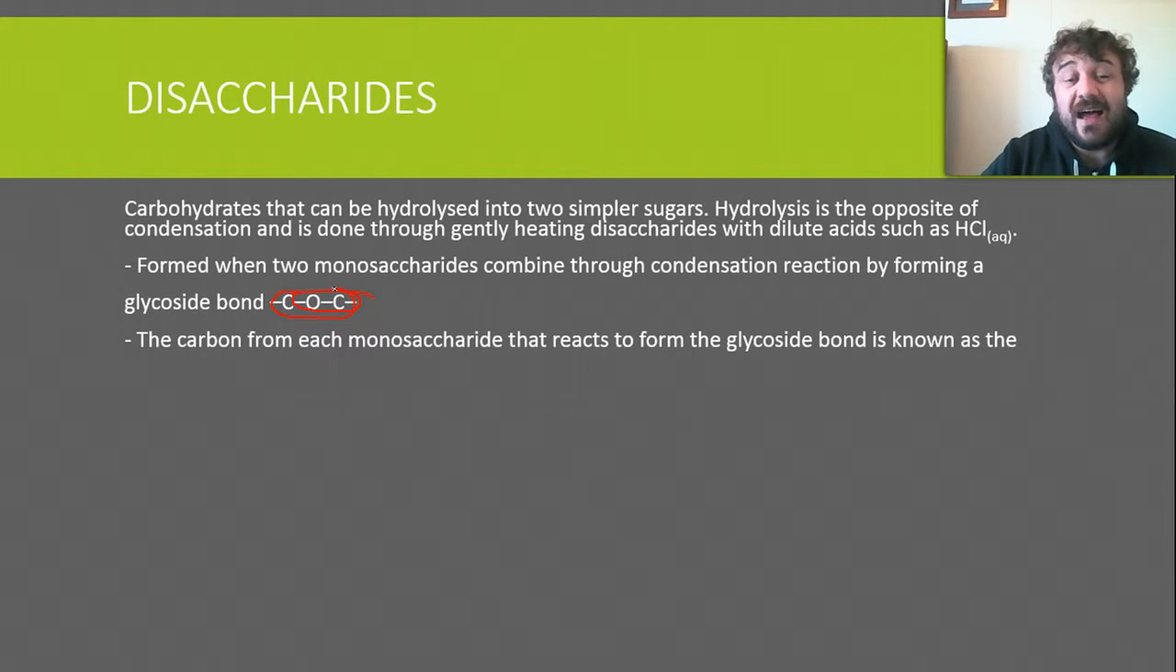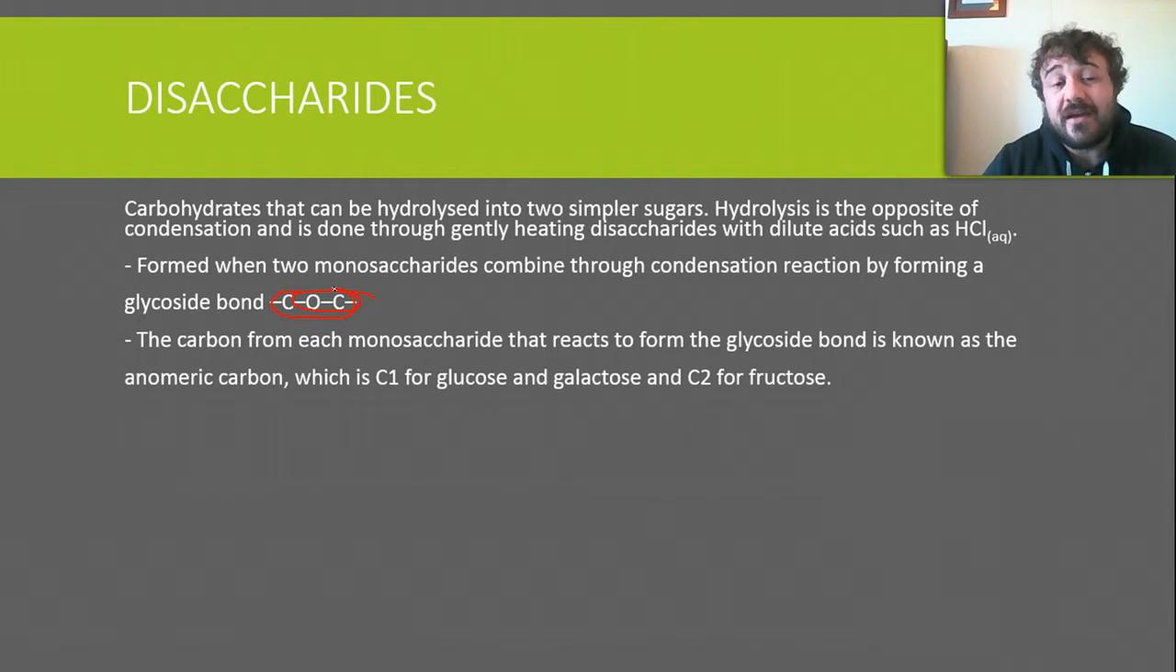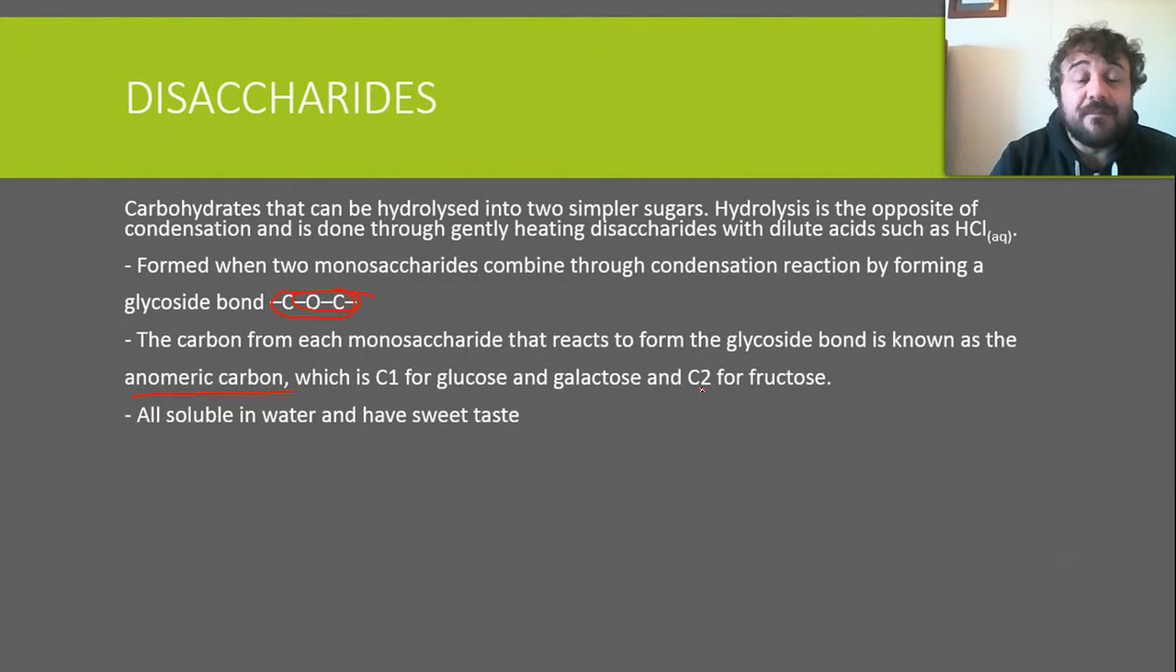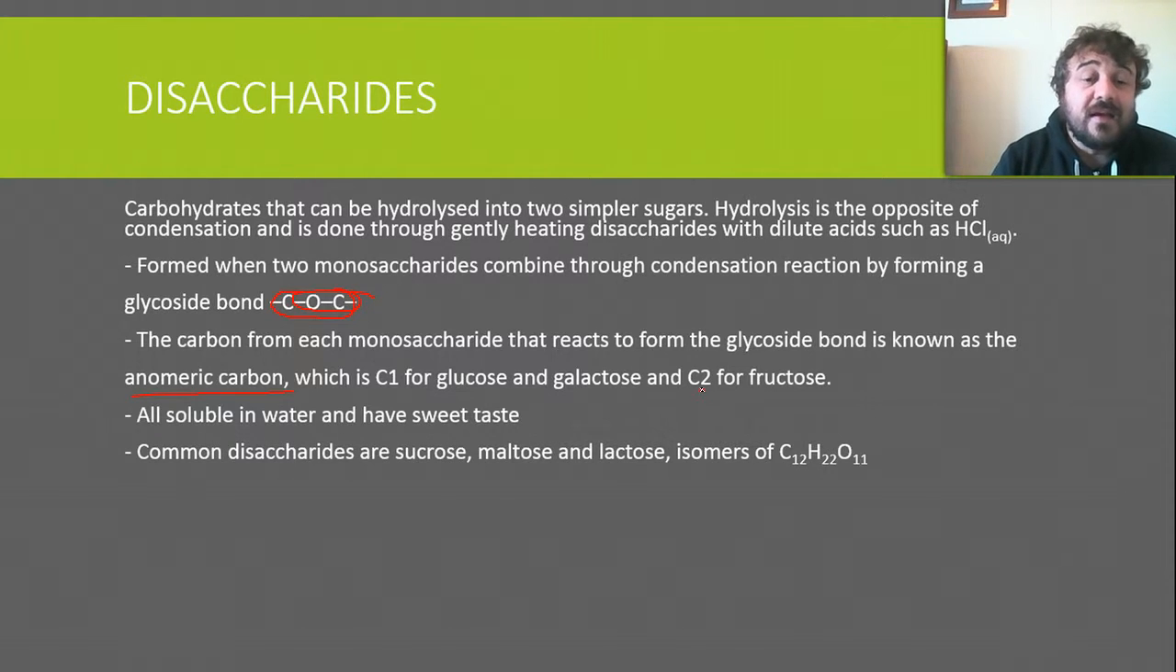condensation reaction. So the carbon from each monosaccharide that reacts to form the glycoside bond is known as the anomeric carbon. That's going to become a very important word in the next lesson. And it is C1 for glucose and galactose and C2 for fructose. We'll have a look at this in a diagram in a second. All disaccharides are soluble in water and have a sweet taste. The common disaccharides that we look at are sucrose, maltose, and lactose, and they're all isomers of